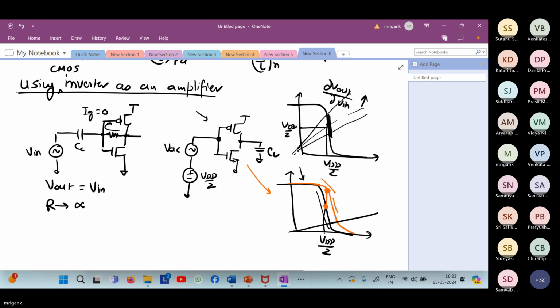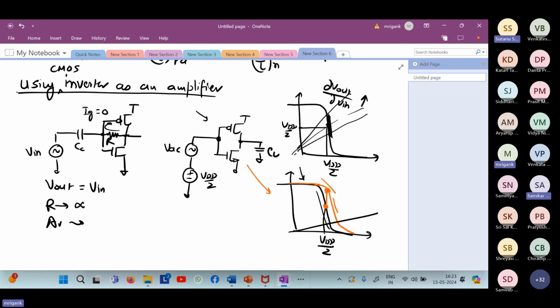Ideally, from the DC point of view, as long as R is non-zero and finite, you still have DC V out equal to V in. R is very large, but finite, suppose. So V out is equal to V in. And in the small signal analysis, you can ignore R. Therefore, what will the gain be? If I assume that R is very high, how will you calculate the gain of this circuit?